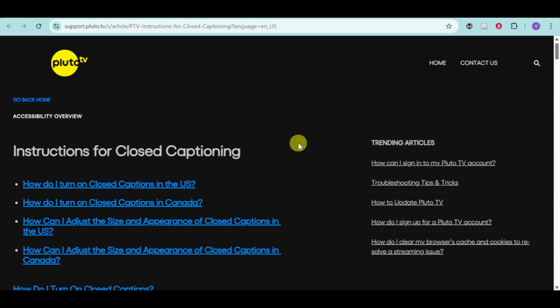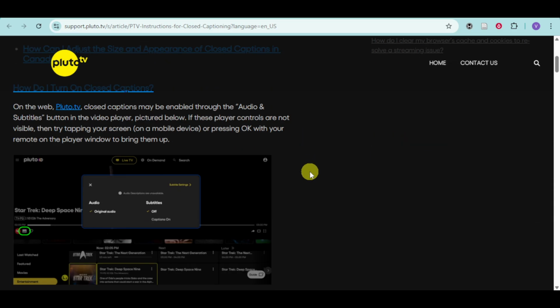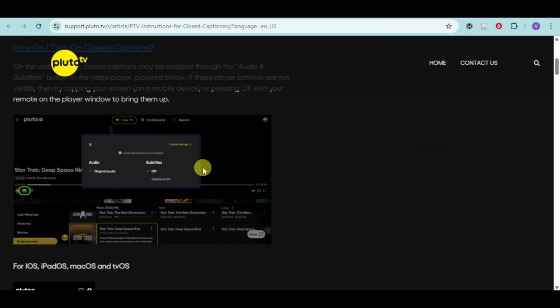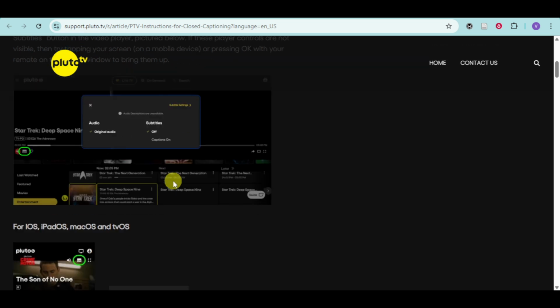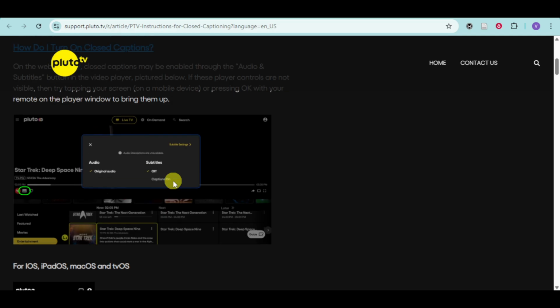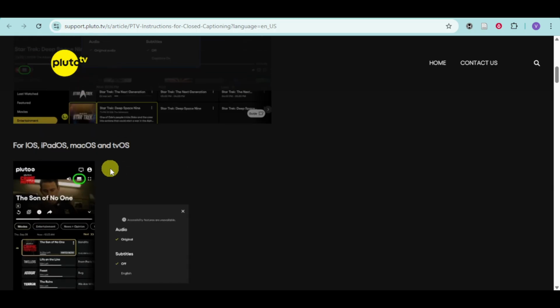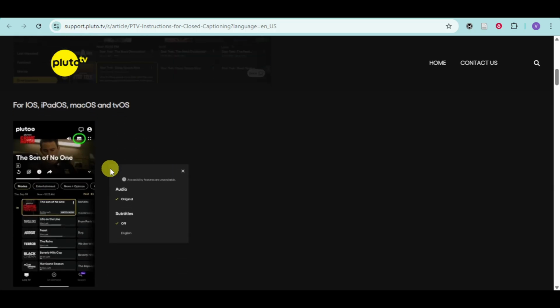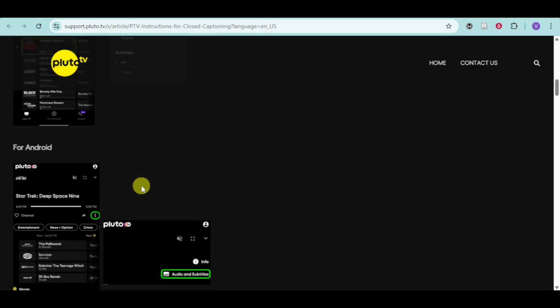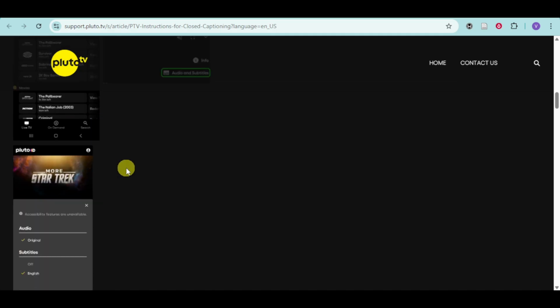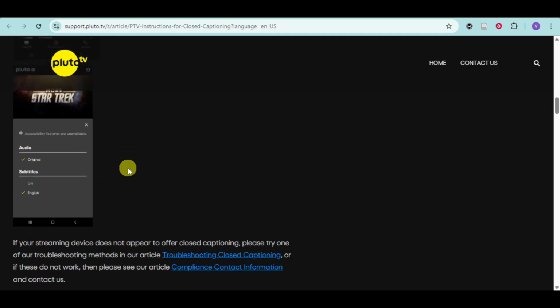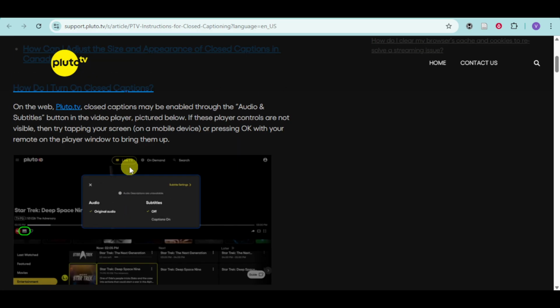I have in here the support article from Pluto TV themselves showing us how to do this. Just make sure to turn on the subtitles right here and you should be able to access the closed captioning on your Pluto TV. So you can also access it through your iOS, iPadOS, macOS, or tvOS. You can just select the episode, click on the closed captioning icon right here and open it. Same thing with your Android, but since in this video our actual focus is on TV,